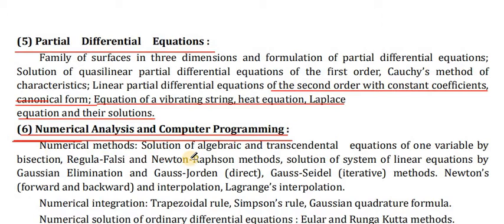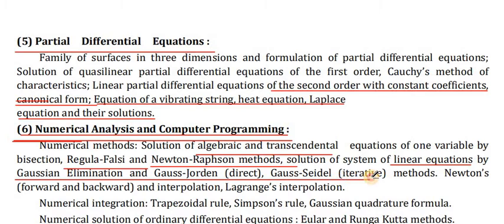Numerical methods: solution of algebraic and transcendental equations of one variable by bisection, regula falsi and Newton-Raphson method, solution of a system of linear equations by Gaussian elimination and Gauss-Jordan (direct) and Gauss-Seidel (iterative) methods, Newton's forward and backward interpolation, Lagrange's interpolation, numerical integration, trapezoidal rule, Simpson's rule, Gaussian quadrature formulas,